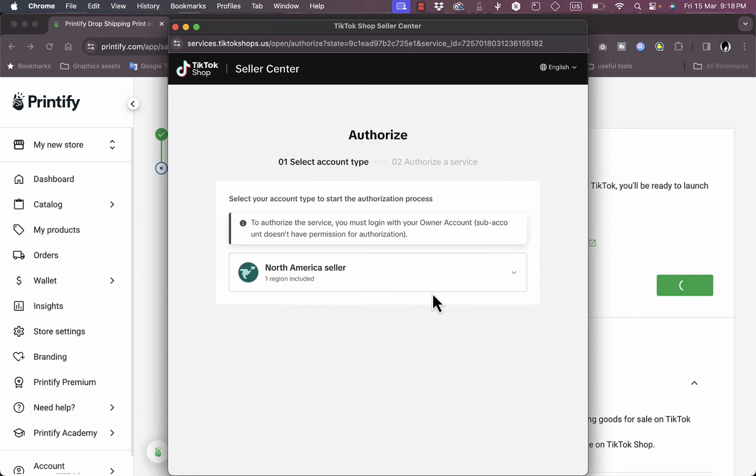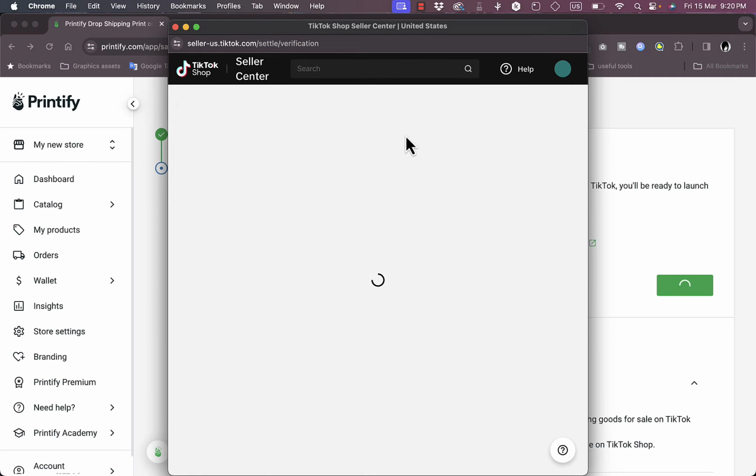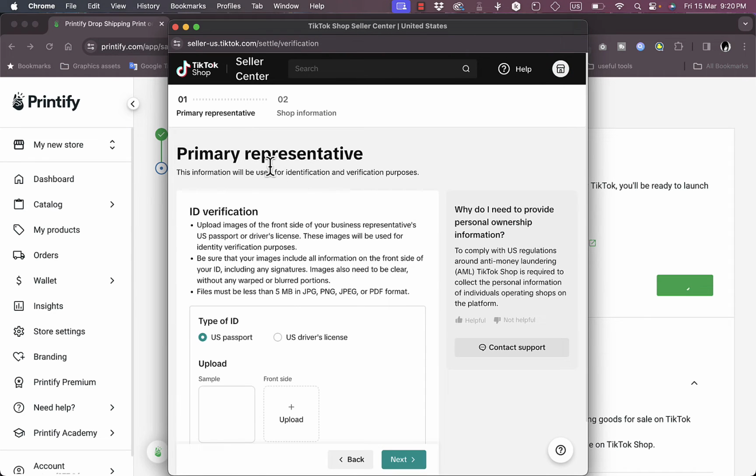It'll open up a new pop-up where you'll set up your TikTok shop. Here they'll tell you that you need to be in the US, so only US residents or businesses that are in the US. So click here to select North America and then United States. Click on next. And once you do, you will be redirected to the TikTok Seller Center, where you need to